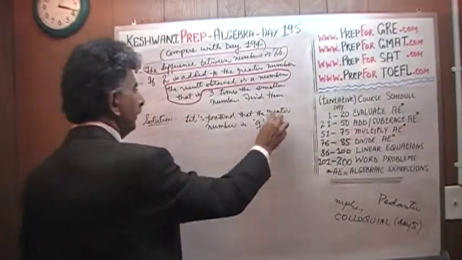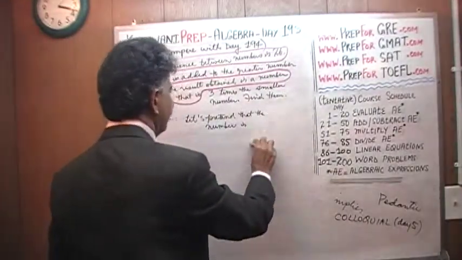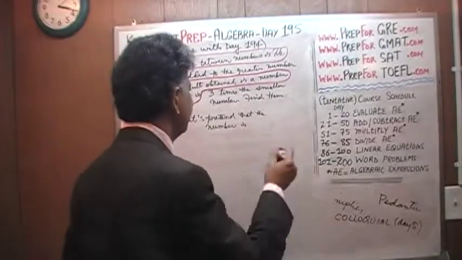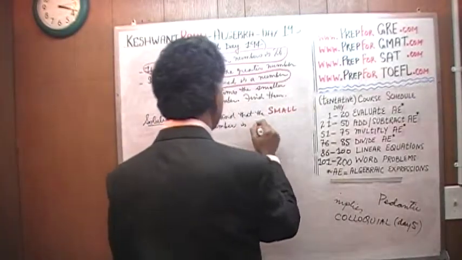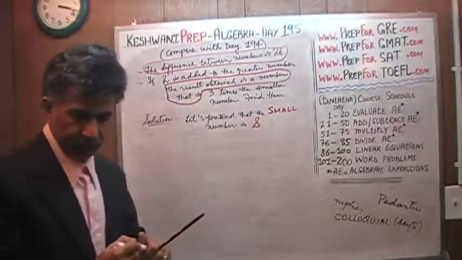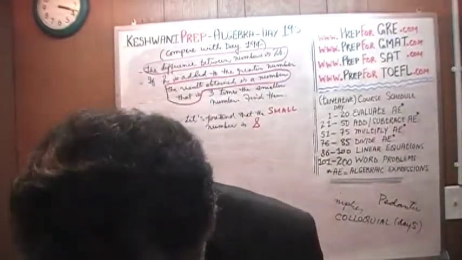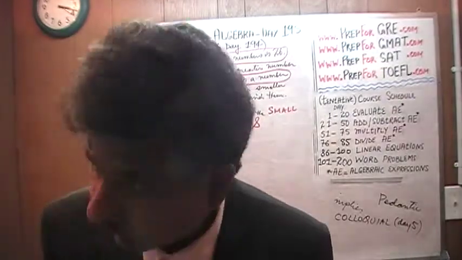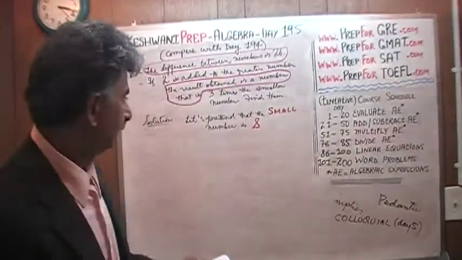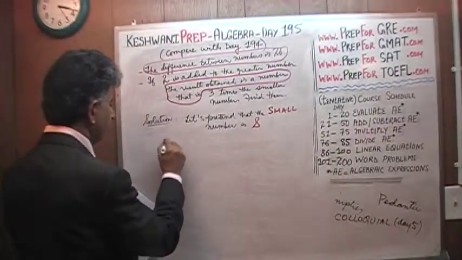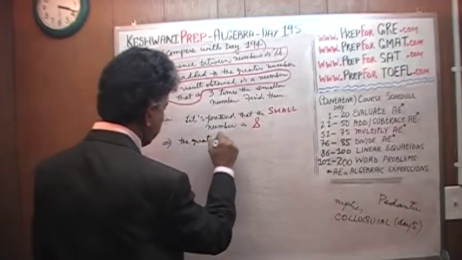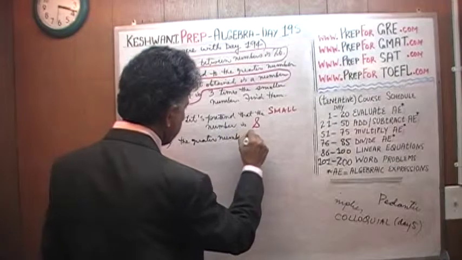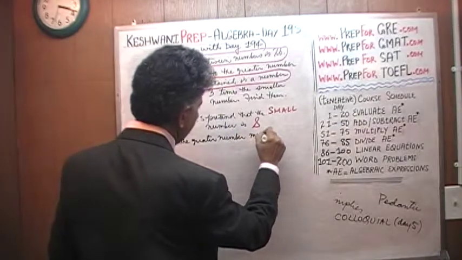Let's pretend that the small number is s. If the small number is s, then the greater number must be, that would imply that the greater number must be